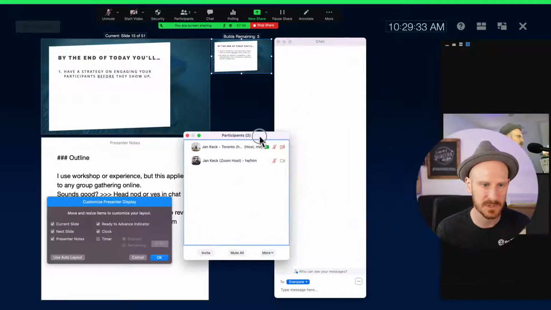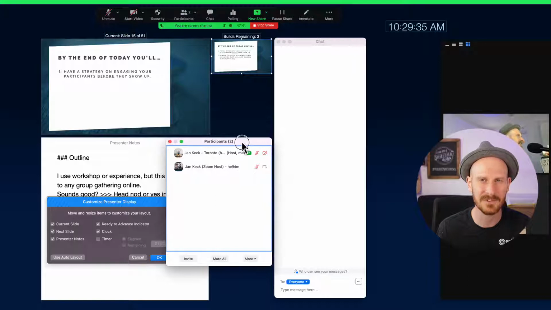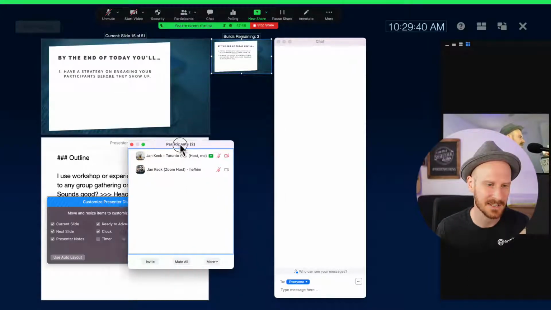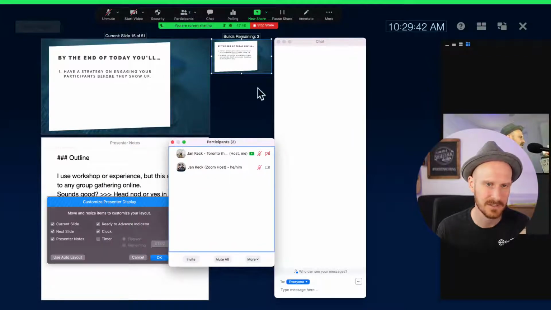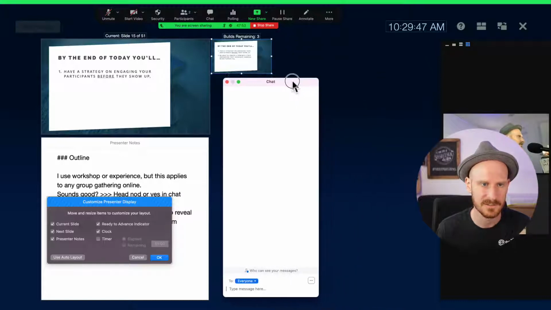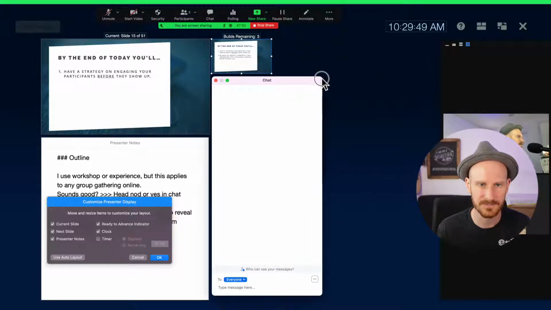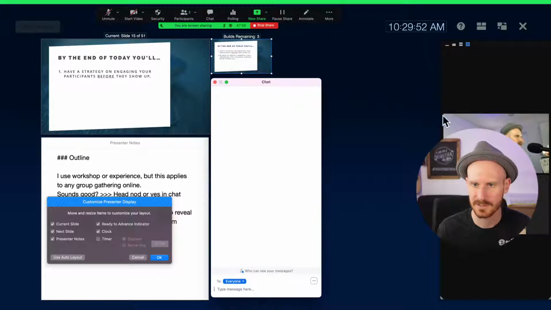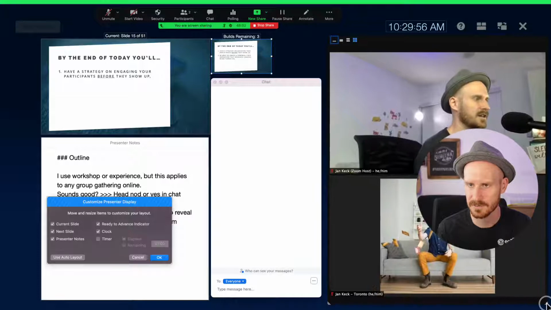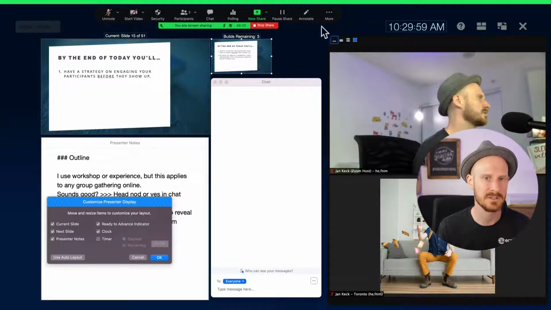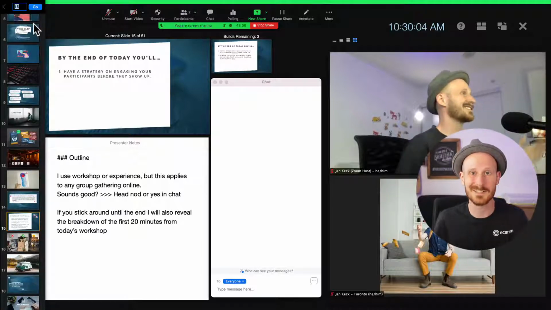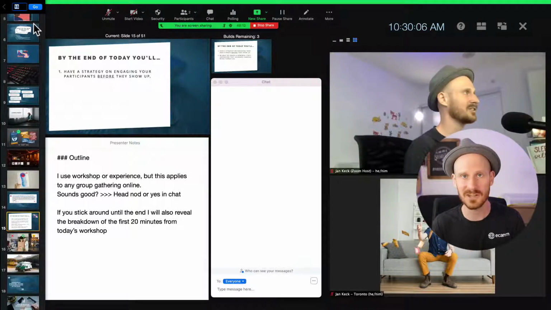Sometimes I'll have the participants window open, but I only need that at the beginning of a workshop to admit people, maybe to rename them. So I don't really mind if that is covering something for a little bit. So maybe we'll even do the chat down here, like this. And that way, now I can make this gallery view window a lot bigger and see a lot more people. Okay. Save this, show navigator, and this is basically the view that I would look at when I'm